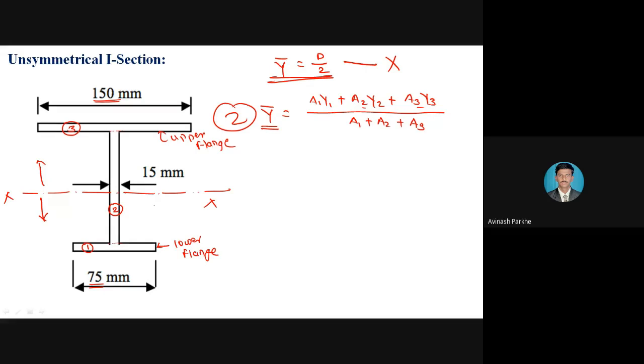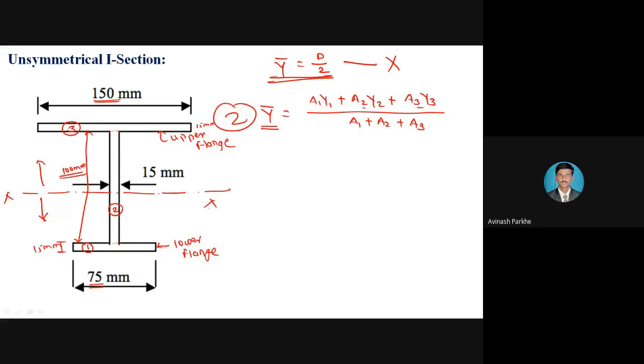But area we can calculate very easily because here 75 mm horizontal distance is given. Thickness of this particular web is 15 mm. Thickness of this particular flange is also 15 mm. And let us assume that whatever this particular vertical small d is, this is 100 mm. For the first section, I can calculate the area A1: 75 into 15. For the second section, area is 100 into 15. For the third section, area is 150 into 15. I can calculate the cross-sectional areas A1, A2, A3 separately, no problem. But how to calculate the Y1, Y2, Y3?